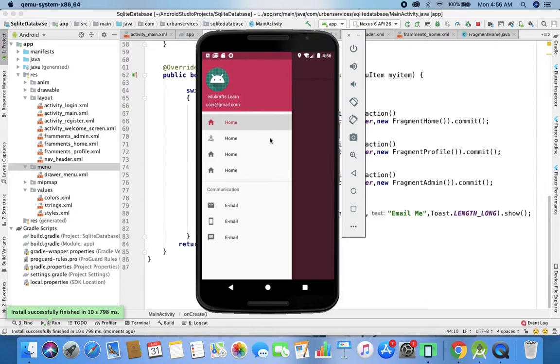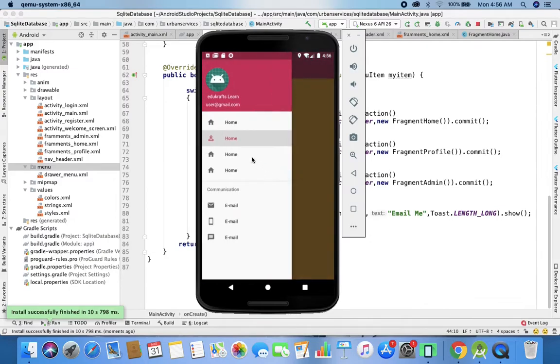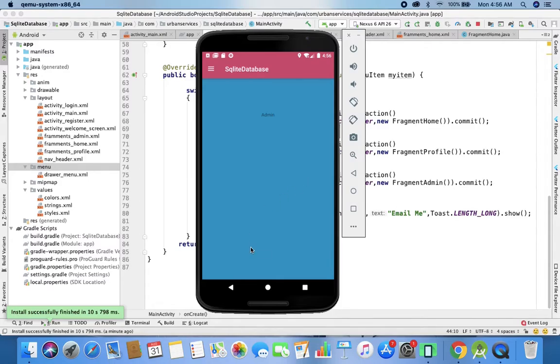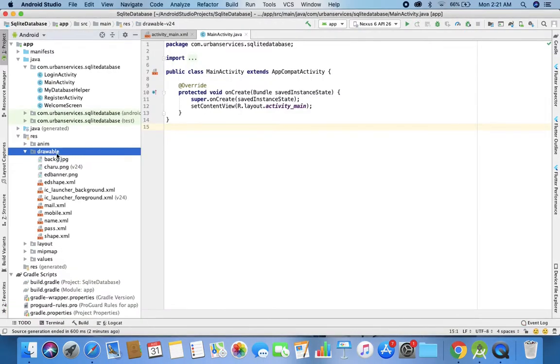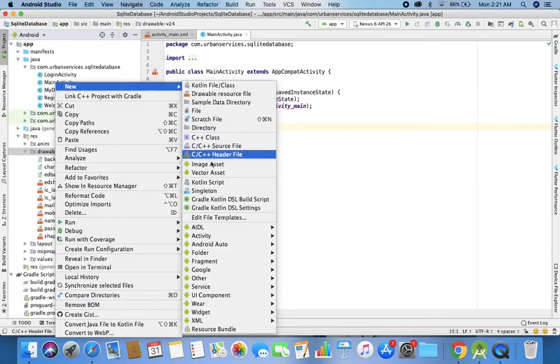Very good evening, friends. Now you see this is our menu drawable, and on this we have one drawer layout, one navigation drawer, and one set of menus. And then the same application will have certain fragments. So let me create one